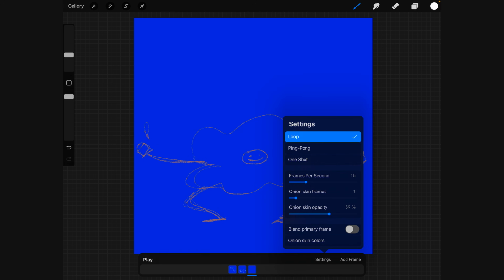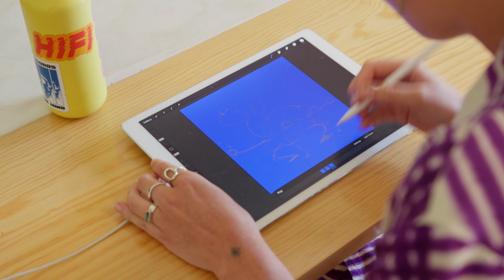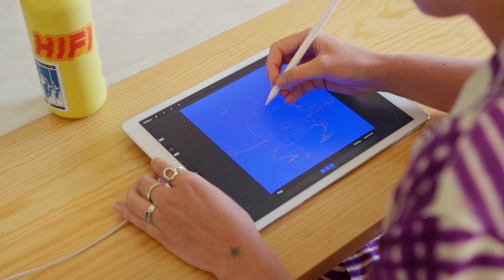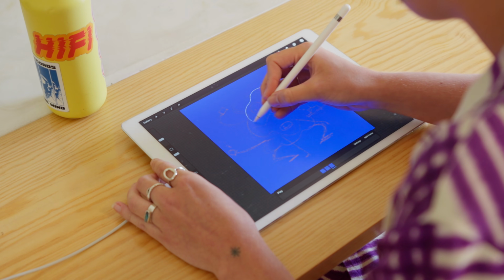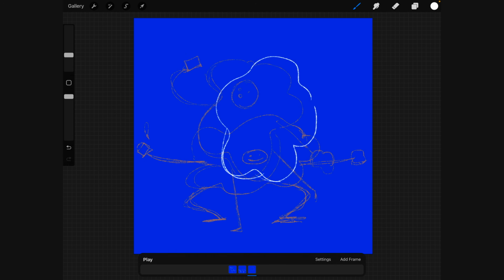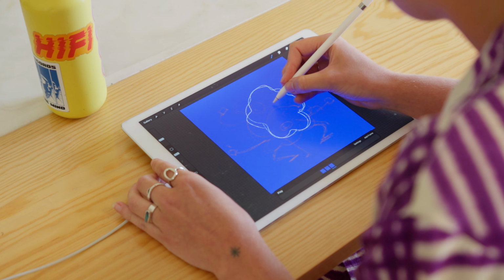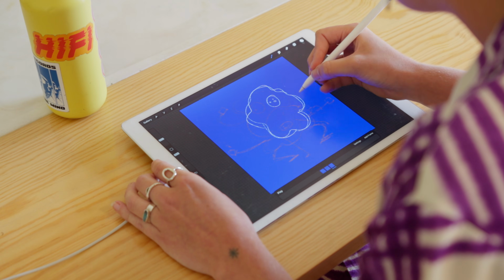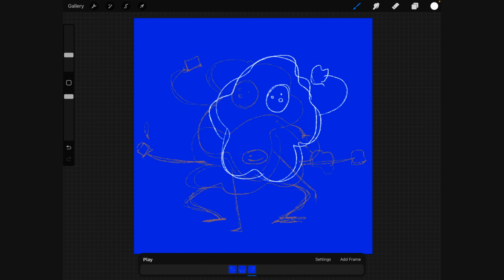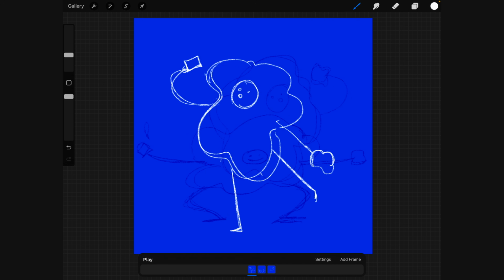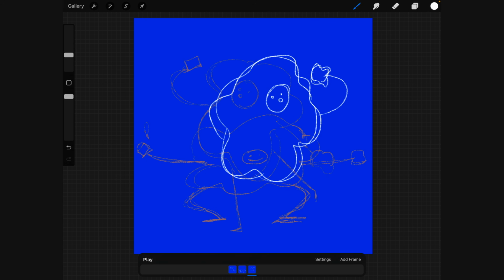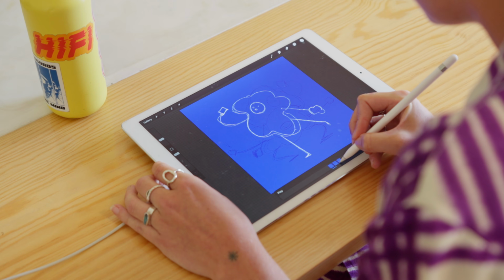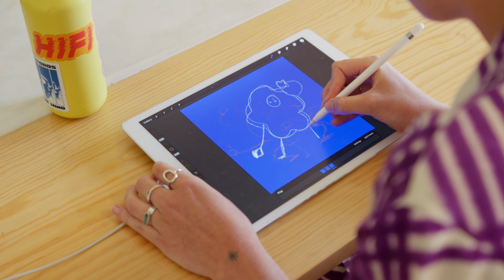Maybe let's change these onion skins so we can see the whole thing. This third frame, so I just added a new frame down here. This third frame, we can have him moving on the other side. So he has bent down, and now he's going over to the other side and drinking. And so he's had a little sip of coffee, he's got some energy, and now taking a little bite of the toast. Pretty much copying the same drawing as the first drawing, but on the other side. So we want to make sure that we've got the same movement and the same pose there with this little leg coming out like that.